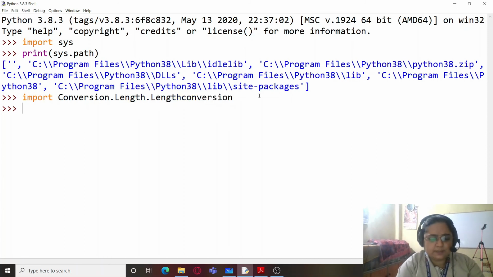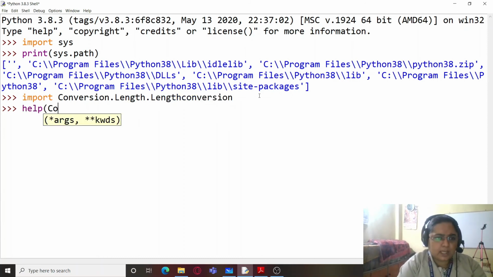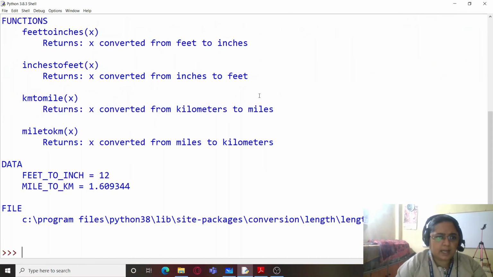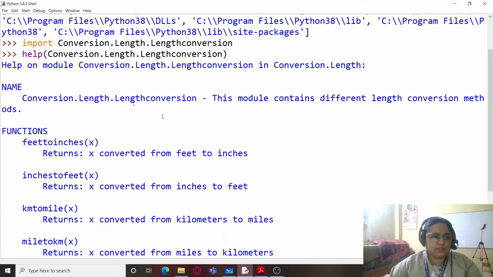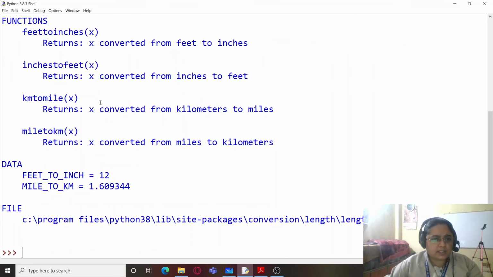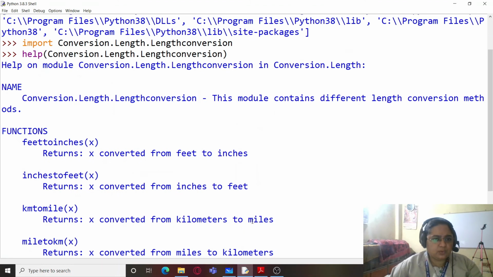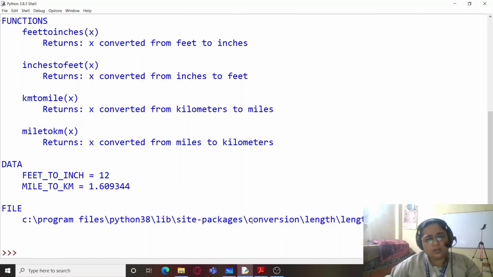And press enter, help, and again I'll be typing all these, and length conversion. And now you can see that if you use it along with help, you get the complete description about all the files, and you can even use them in your program.